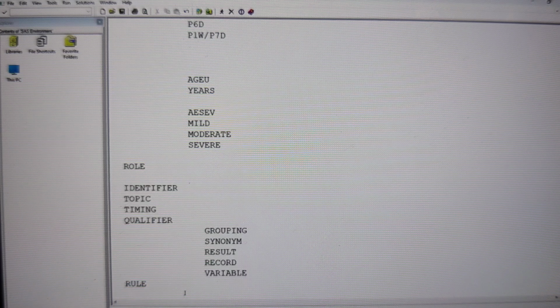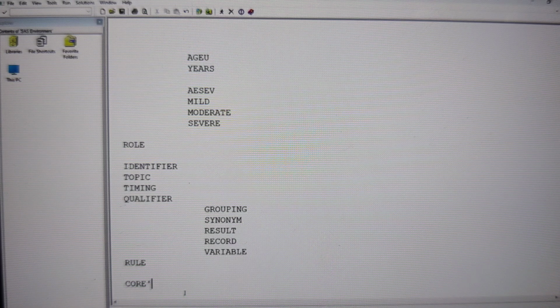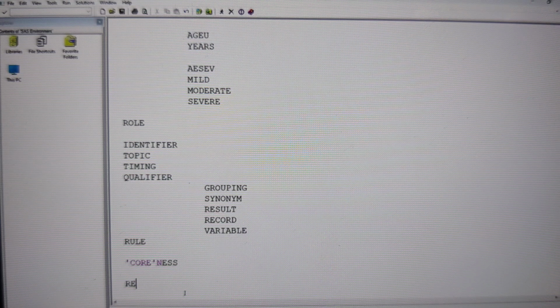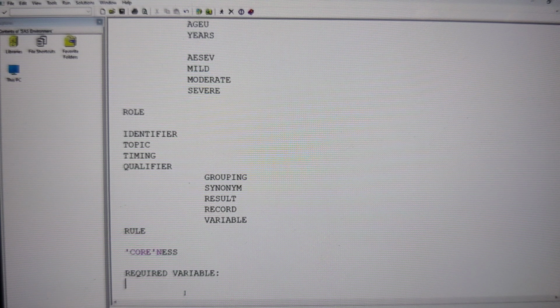Understand this one? And then the most important thing is the coreness of the variable, the SDTM coreness. Based on this coreness, we can divide SDTM variables into 3 classes. The first class is called required variables. What do you mean by a required variable? Very, very important. A required variable must be present in a data set 100%, and in that variable you should have values 100%. You should not have a missing value in it.